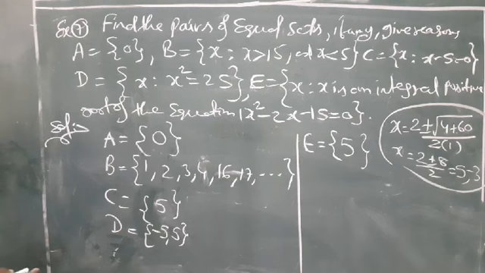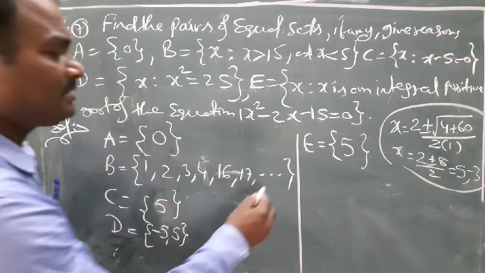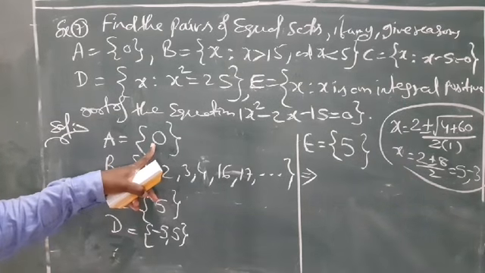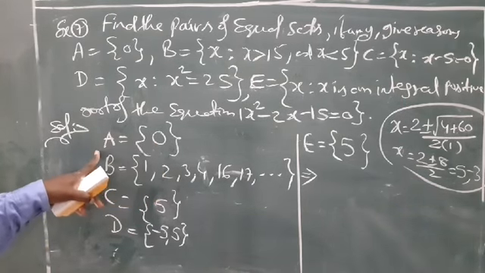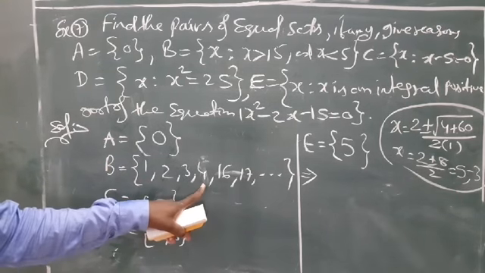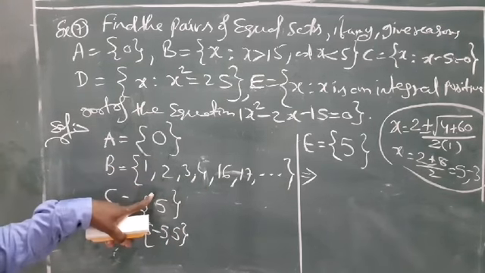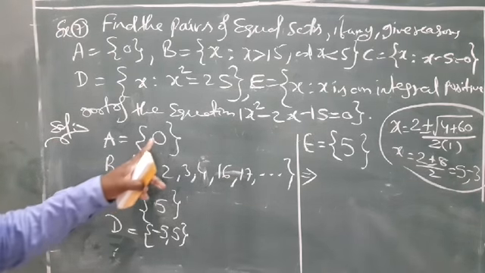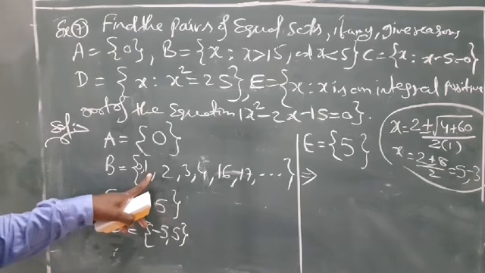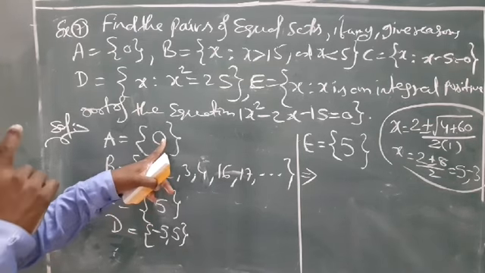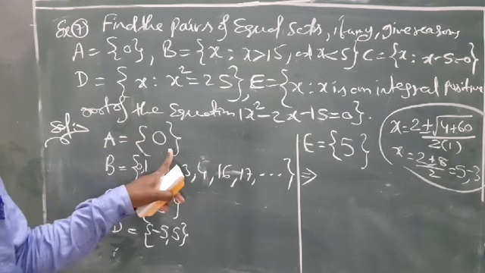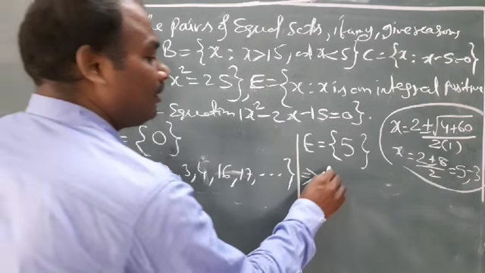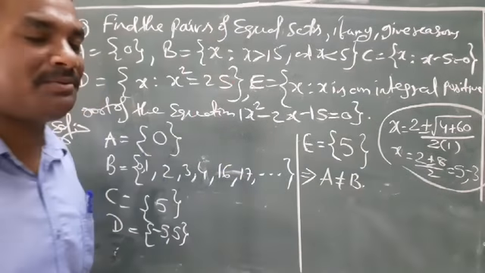Now checking here, we will compare a and b. First of all, a and b. 0 belongs to a, yes or no? 0 belongs to a, but here minus 1 is below 0, okay, let it go. But 1 belongs to b, but 1 does not belong to a. 2 belongs to b, but 2 does not belong to a. 3 belongs to b, 3 does not belong to a. So a not equal to b. Yes or no? Yes.